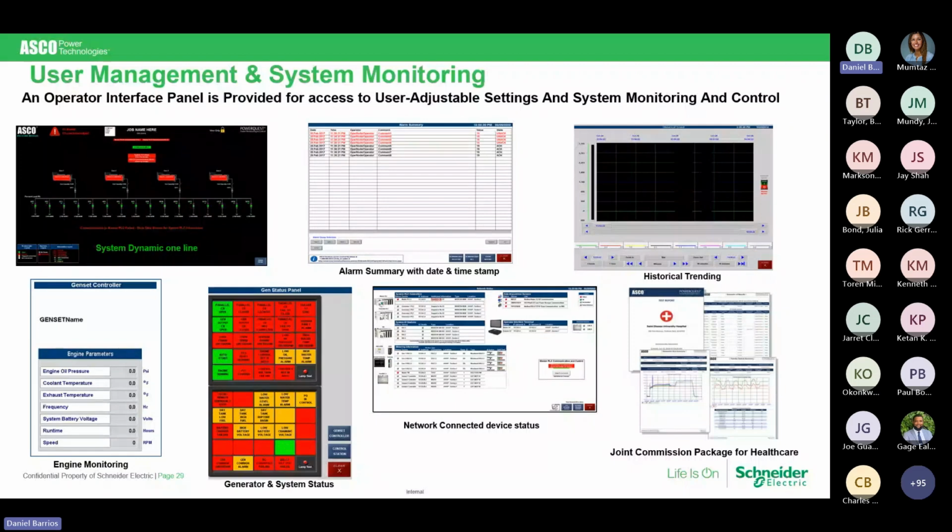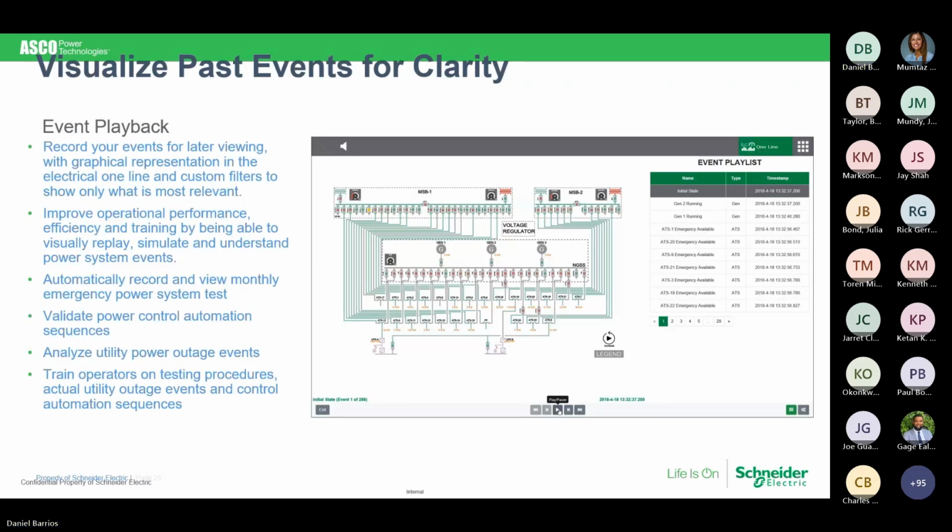When you go to our system test at a factory, or if you pull this screen up, you can't see it very well, but each of those blocks will tell you which PLC is in control, which LAN is in control, if something has failed, and it gives you all sorts of status. And then on the bottom right hand corner are the reports that we're able to generate for the Joint Commission.